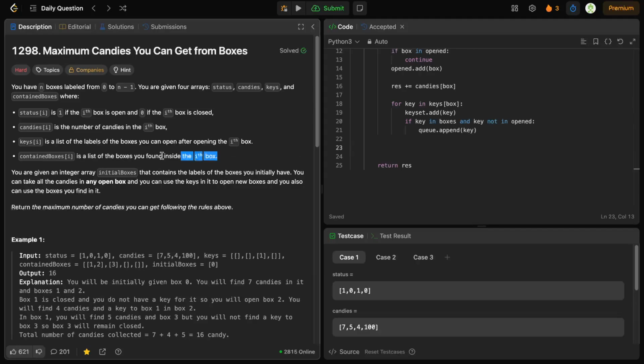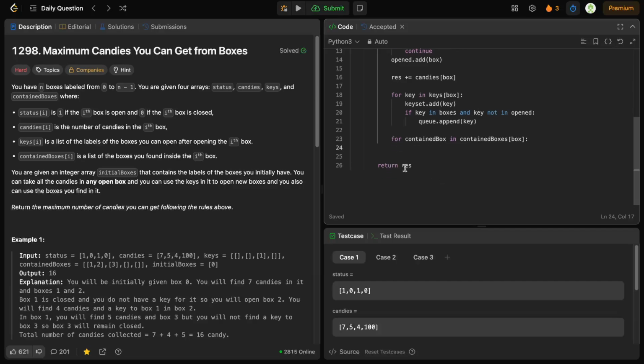And the next thing to handle is the contained boxes. So for contained box in contained boxes box, we'll add it to our boxes set, and then the first thing to check is, has it been opened yet? So if contained box not in opened,